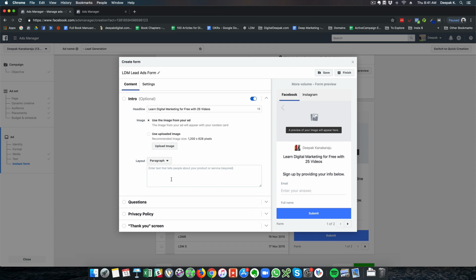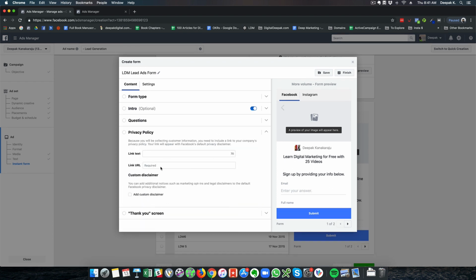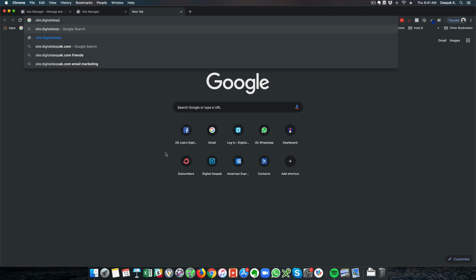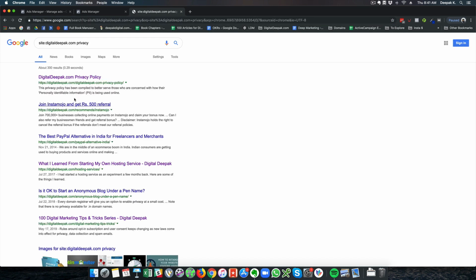So here there is an option to enter a paragraph as well, but I'm not going to do it. And there is a way to add privacy policy, and we need to be adding privacy policy. So I will go to site digitaldeepak.com privacy policy. So I will take the privacy policy I already have on my site.